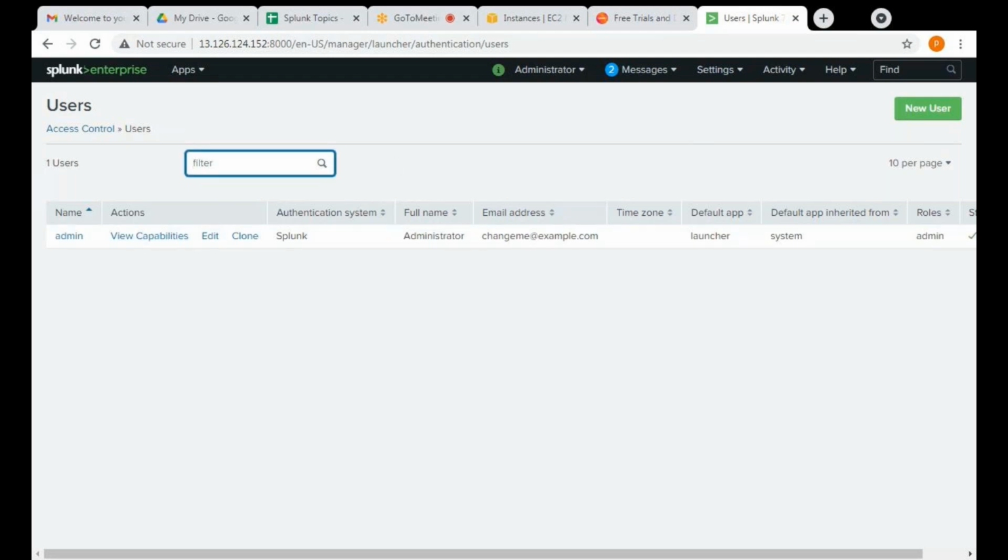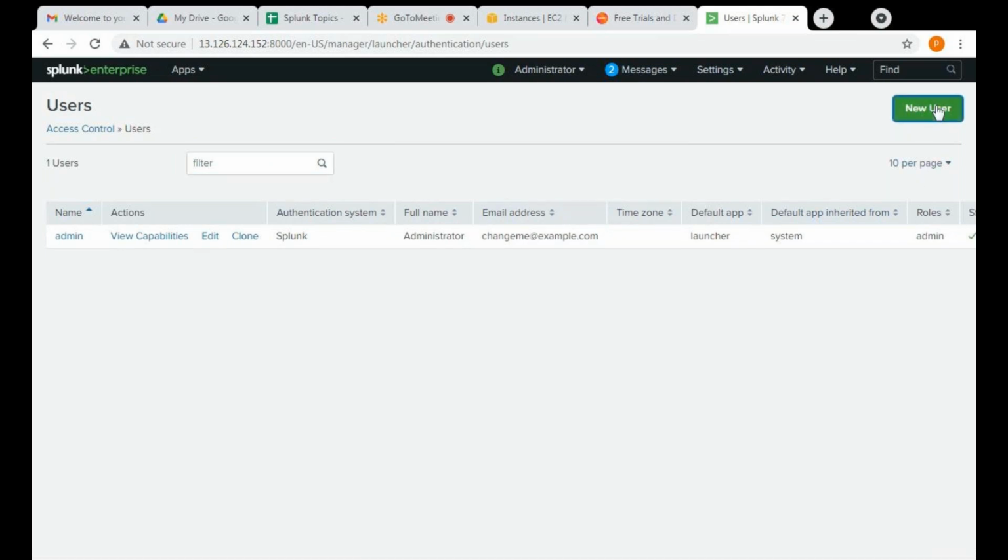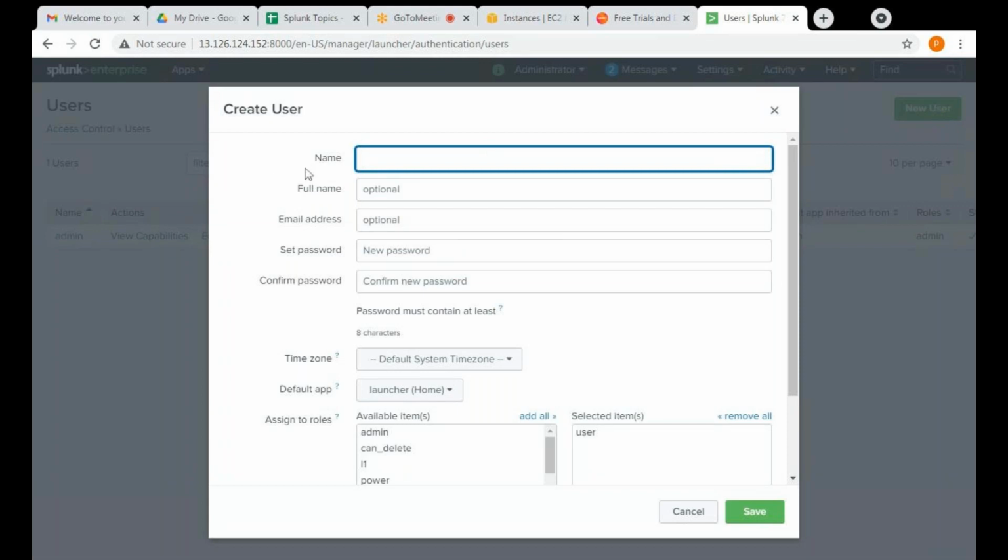So you can search the name if it exists or not. If it does not exist, then click on new user. So name would be the username. Once it is set, we cannot edit the username. Okay, for example, I'm giving like test user